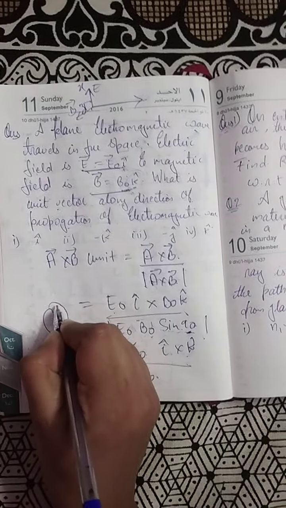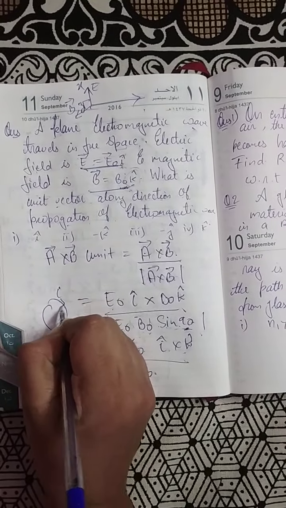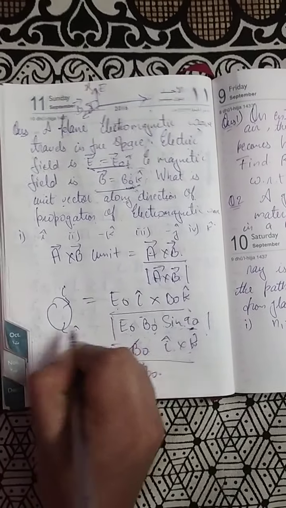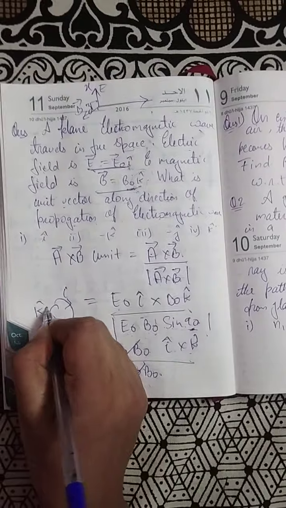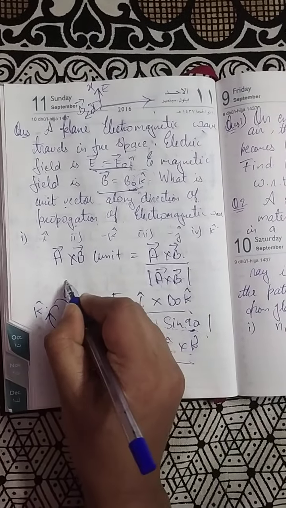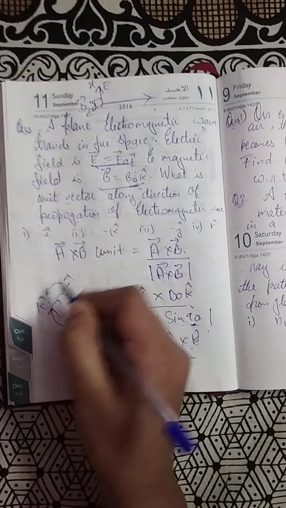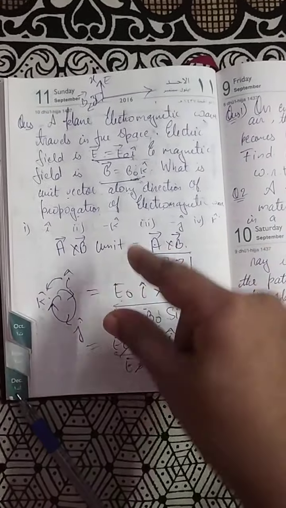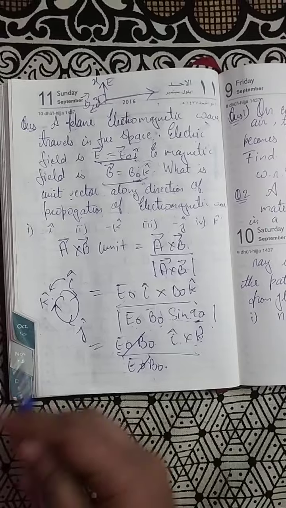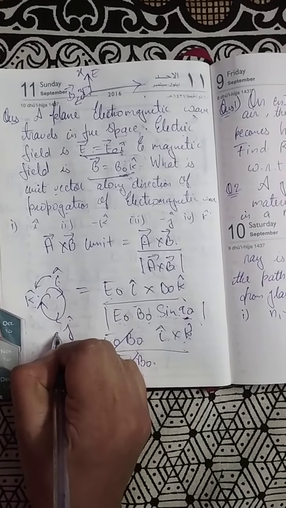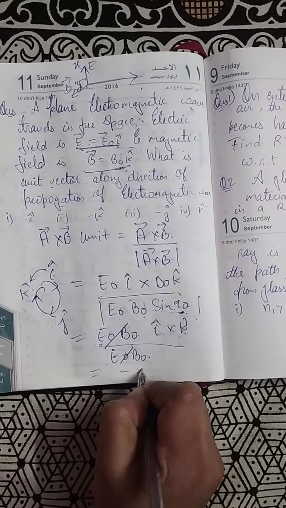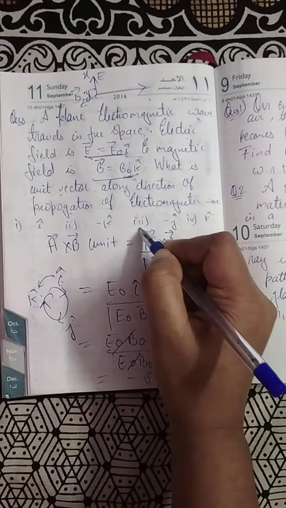What is I cross K? You have to follow this circle of I, J and K. If you follow the arrow direction, all signs are positive. I cross K goes opposite to this direction. So I cross K is J, but it is negative J, minus J. So the answer is minus J.